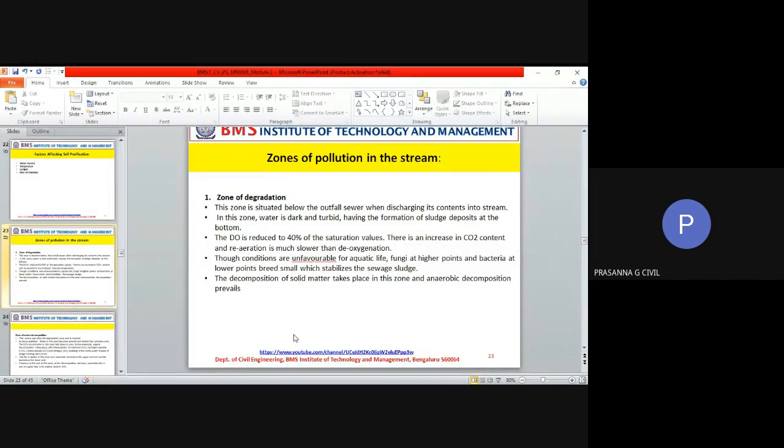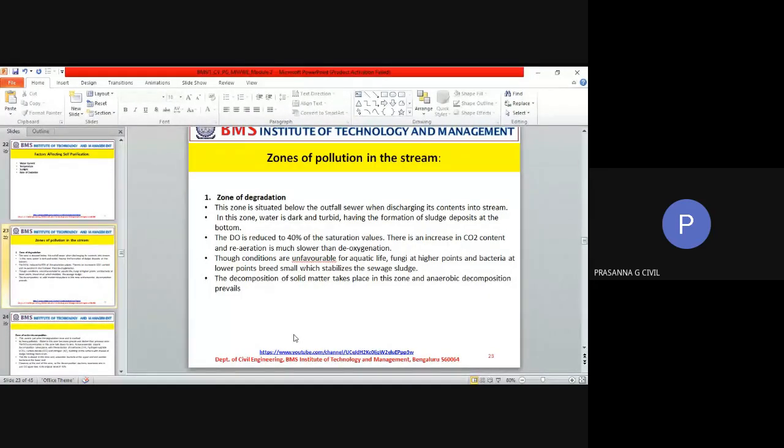The first one is called the zone of degradation. Then you have the zone of active decomposition. The next one is the zone of recovery. And last, you have the zone of clear or clean water, where most of the pollutants have